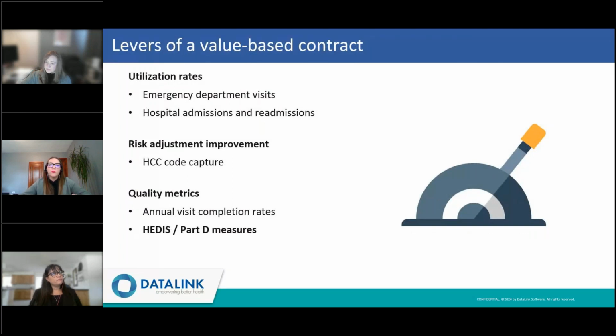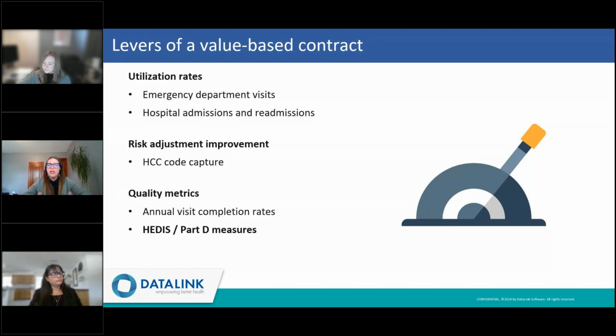Because it's important for Medicare Advantage plans to perform successfully, they will include many different levers in their VBCs to promote things like proper utilization, improvement in risk adjustment, and better star scores through quality metrics. These here on the screen are just a few examples of the levers in these type of agreements, but they can vary a lot from plan to plan or from provider group to provider group.